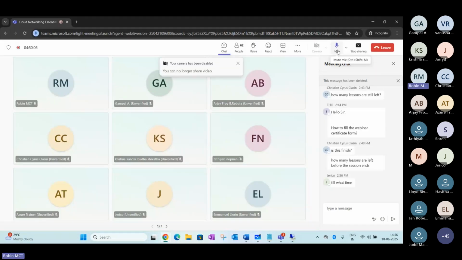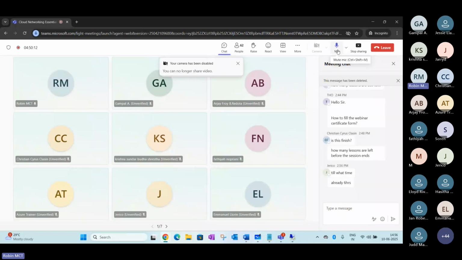We'll complete this VNet peering possibly in another 1 hour, or possibly another 30 minutes we'll try to finish that.